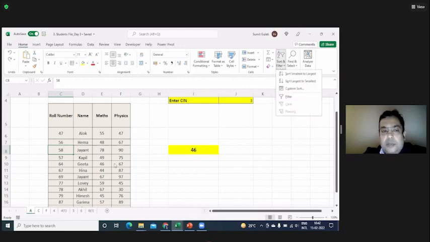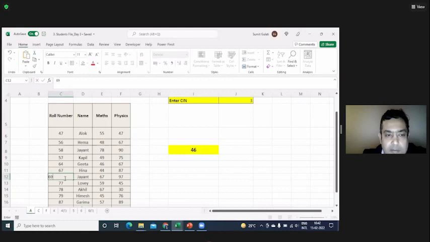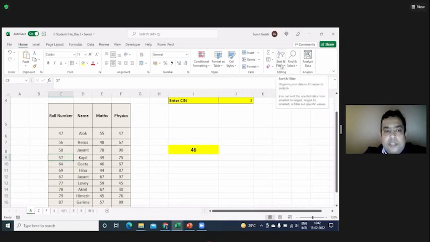Just see, if I make this 69, the whole column gets sorted. And make this 67. I click here and I say sort. See, 67 and 69 will also get sorted. It came in ascending order too, right? So we don't need to select the whole data as such.